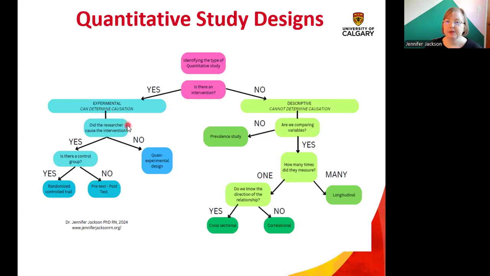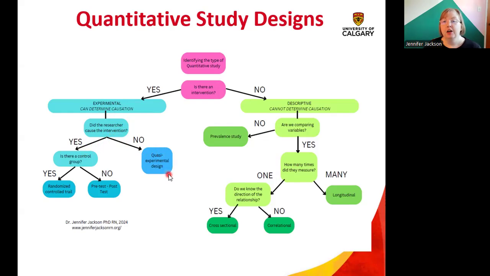Did the researcher cause the intervention? If yes, then we're looking at a more experimental design. If they did not, we're looking at a quasi-experimental design. So for example, are we measuring outcomes of people who got COVID? Well, it's not ethical for us as researchers to give 30 people COVID and have 30 people who did not